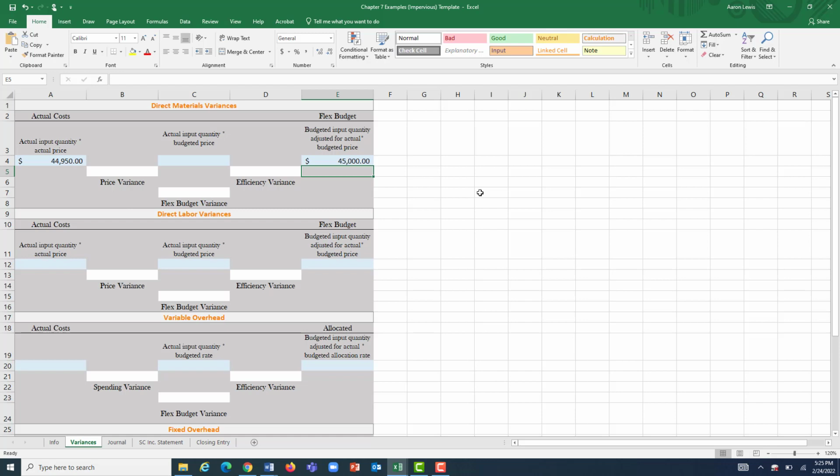it should have cost Impervious $45,000 right on the dot. Well, that's only a $50 difference. That's our flex budget variance over here. I can go and fill this in at the bottom,